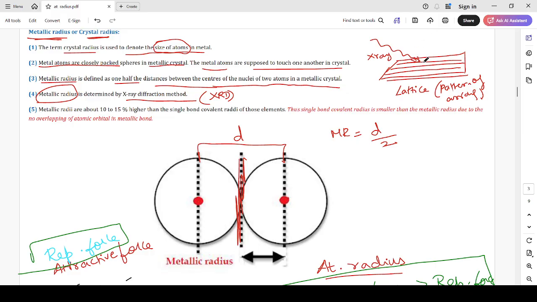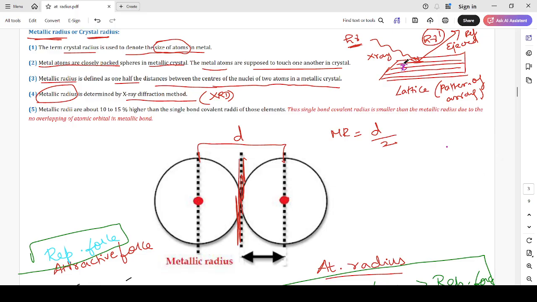Very powerful radiation, isn't it? It will hit the metal and it will be ejected or reflected. Can I say that? Yes. So consider I am giving h nu as the energy. The ejected will be having h nu dash. With respect to h nu dash itself, I will be able to tell you what metal was there. Number one. With respect to that, I will be able to say the